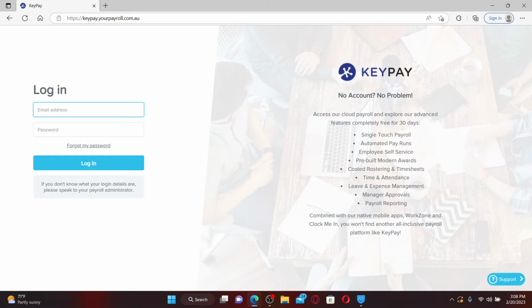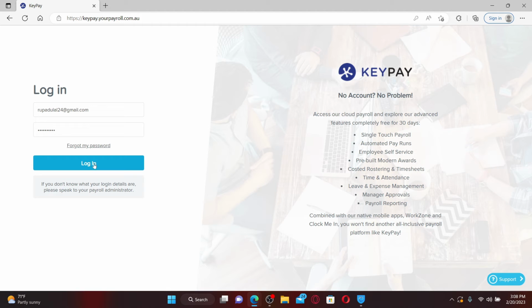To log into your employee account, go ahead and enter your email address inside the login tab. Once you do that, on the next field, enter your correct password. If you've forgotten your password, you can retrieve your password by clicking on Forgot My Password link and following the on-screen prompts. After filling in your details, click on the login button in order to get access to your employee